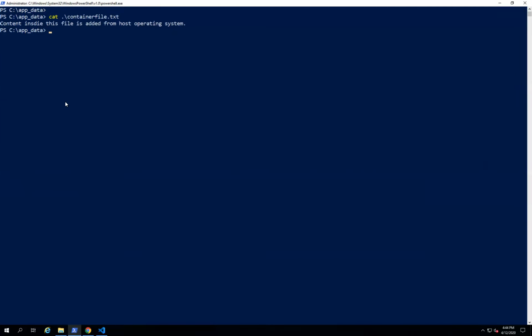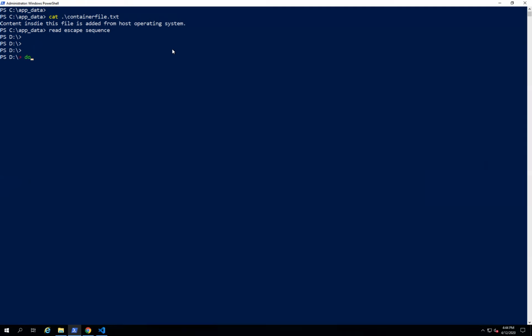There you go. Content inside this file is added from the host operating system. So it is reflecting because it is utilizing the Docker named volumes. Ctrl+P+Q, and even if you delete the container and recreate the container, if you utilize the same paths, then your data will be persistent.